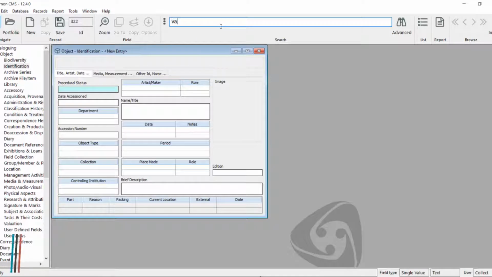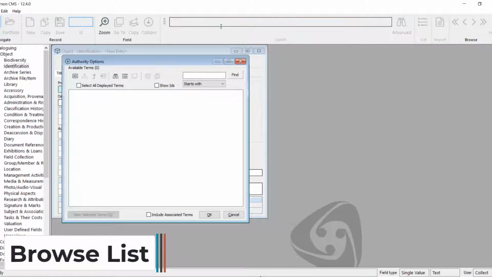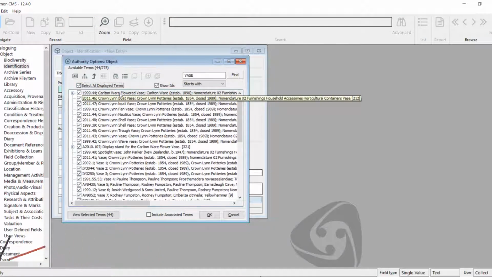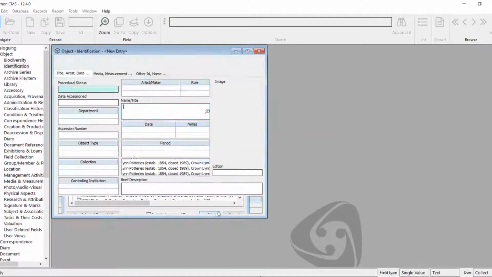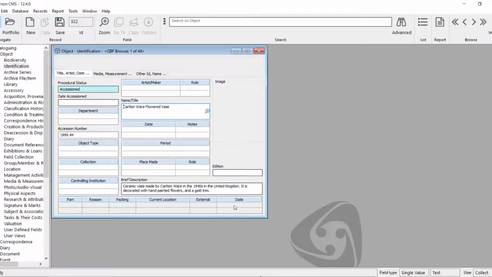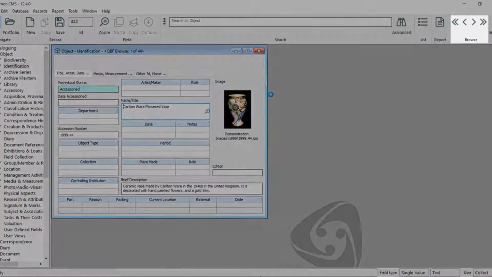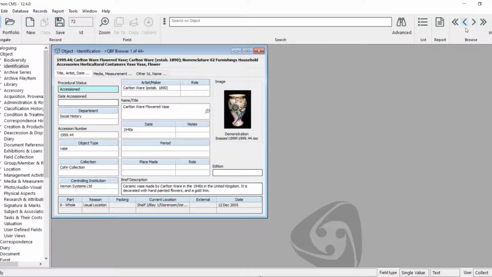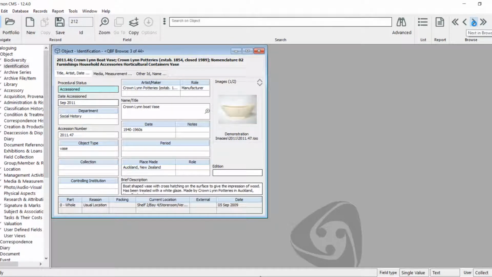If we did a search for vase and hit enter, we can select all of these. And normally when we're going through each record, we can go one by one and see all the details and use the arrows in the top right to flip between records. Now, this is handy when you are in our wonderful demo system and you only have 44 records to look